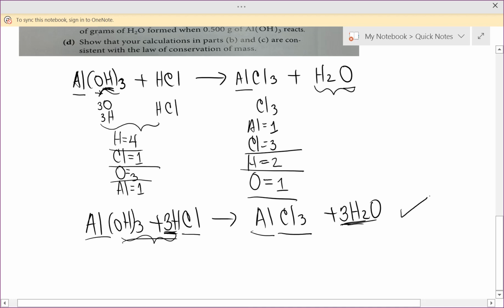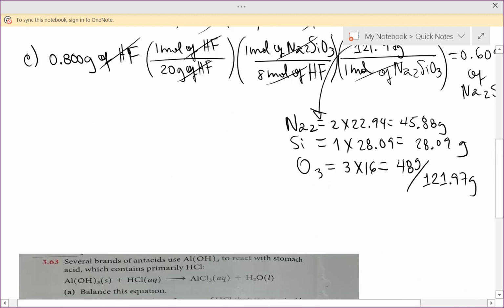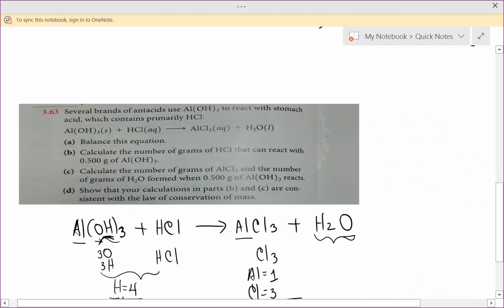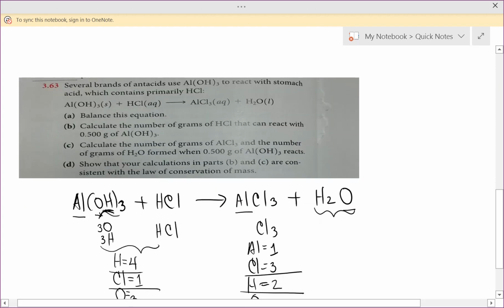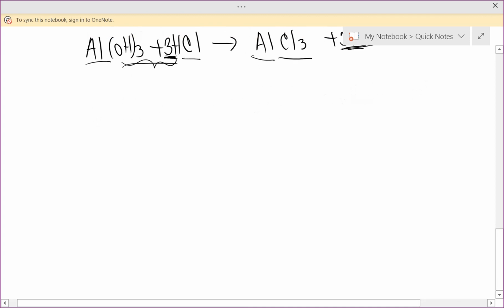So by using this equation, we're going to solve part B. Part B says, sorry guys, let me scroll down a little bit. Calculate the number of grams of HCl that can react with 500 grams of Al(OH)3. So we use the amount that they are giving us on the statement of Al(OH)3. So we know that 1 mole